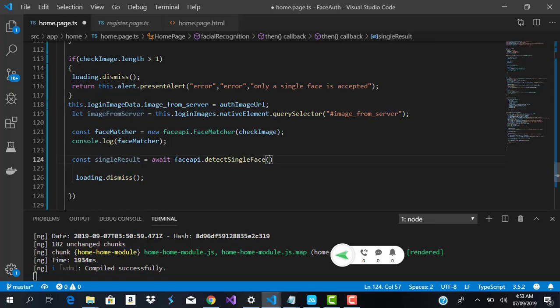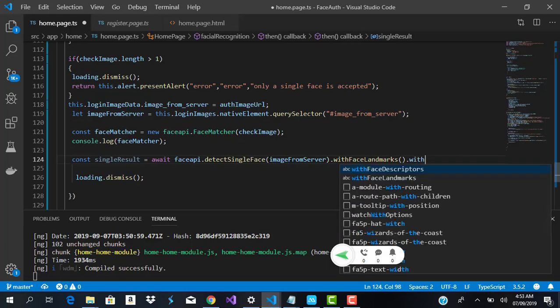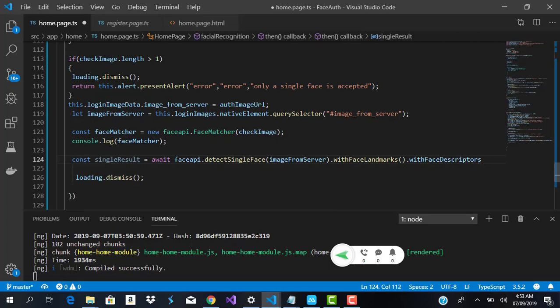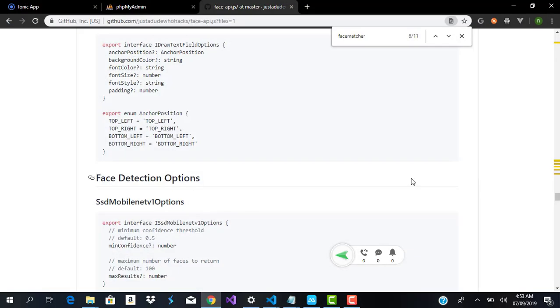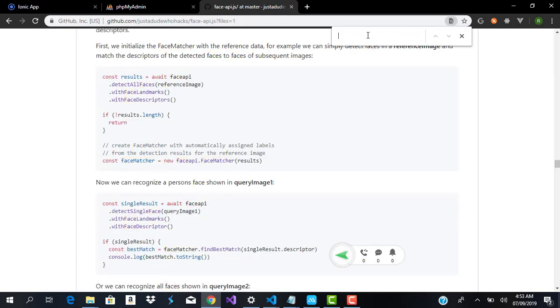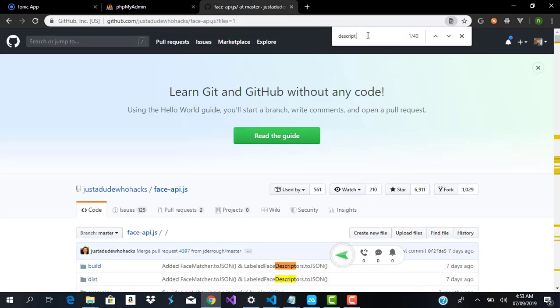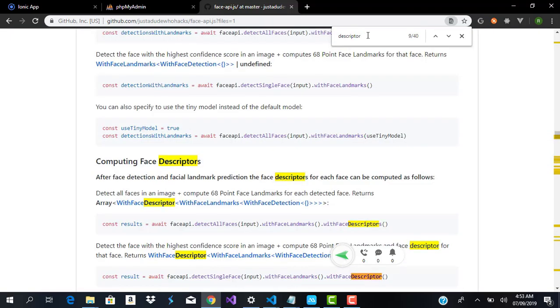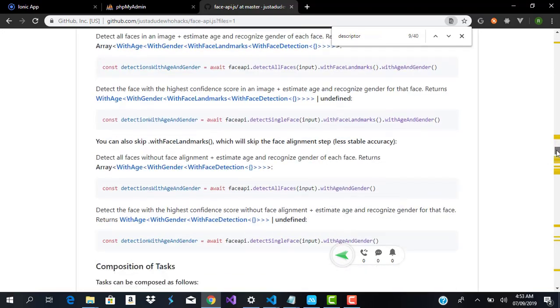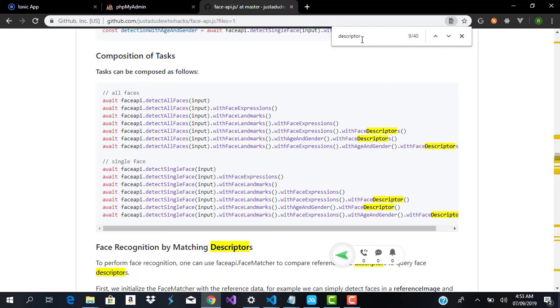and paste our image from server here, and then we can get face landmarks and face descriptor. Because we are dealing with a single image, we just want the descriptor of a single image. We're going to use descriptor, not descriptors. Let's go back to the documentation and type descriptor, and you are going to see that whenever we are checking for a single image and want to get the image descriptor, we use